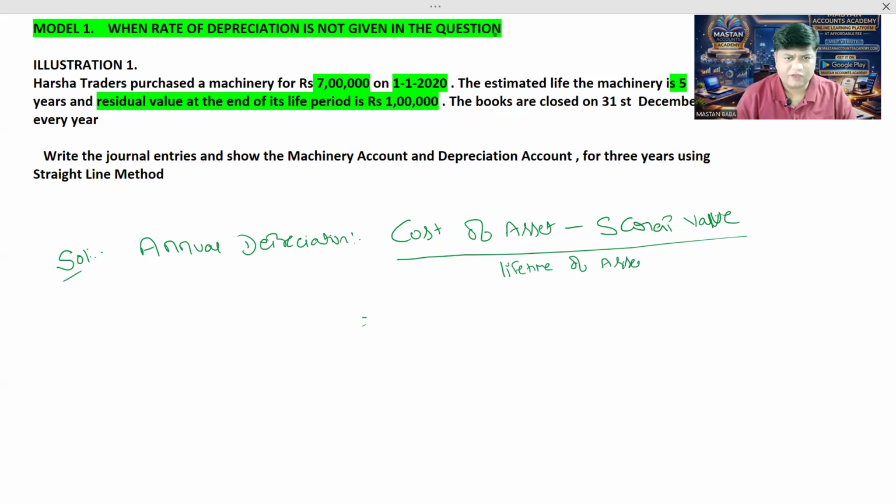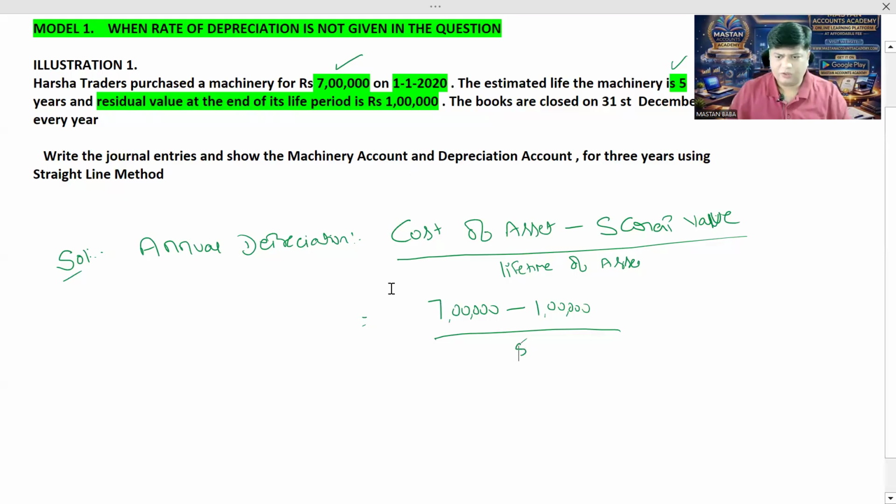What is the cost of the asset? We can see here 7 lakh. Take 7 lakh here. Minus, what is the residual value? Scrap value 1 lakh. So 7 lakh minus 1 lakh, divided by lifetime. What is the lifetime of the asset? It is 5 years here. 5 years is given. So take this 5 years. So therefore, annual depreciation is equal to